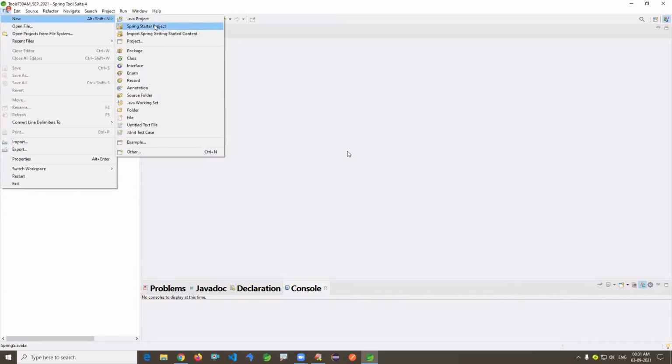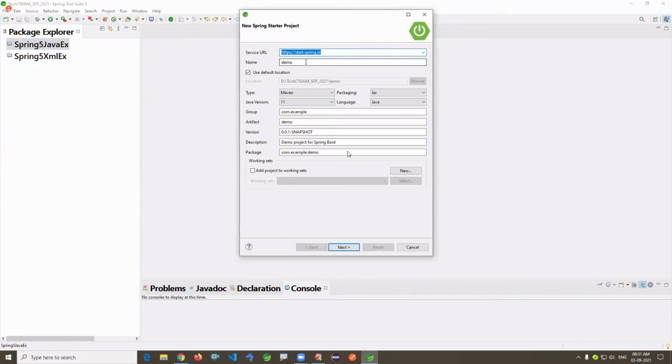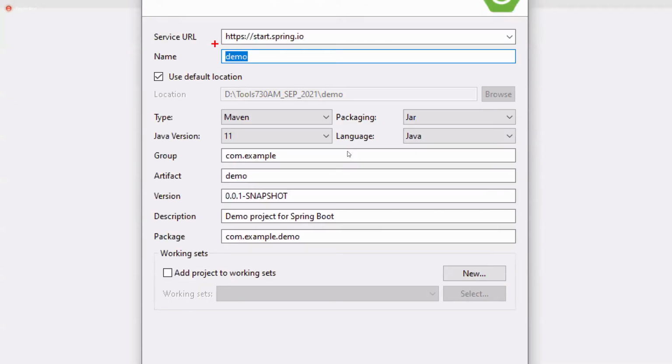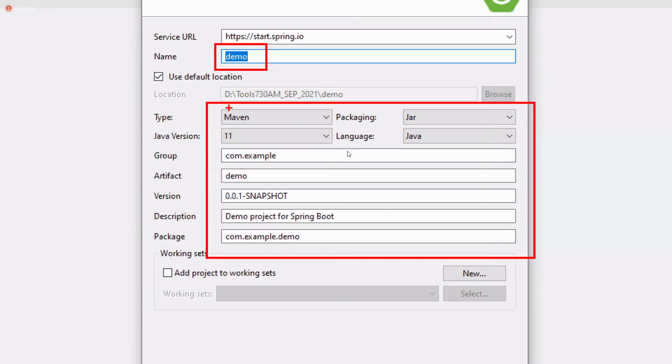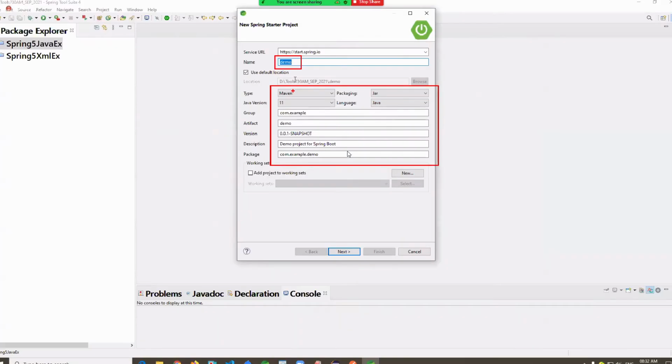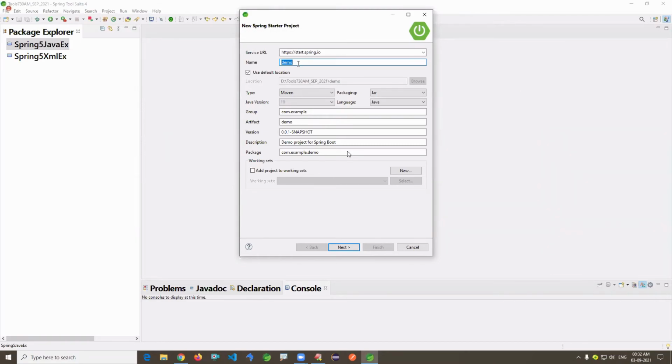File, new, Spring Starter project. So there, here it is giving some project name. It's demo and some default details it is giving. By default, it is a Maven project, with Java version, packaging and all shown here. You can change the defaults. I'm only changing a few details.